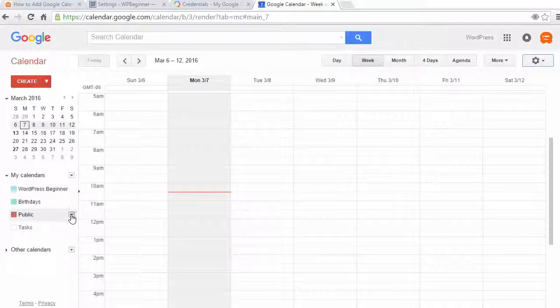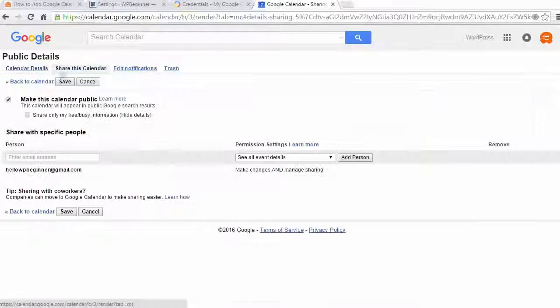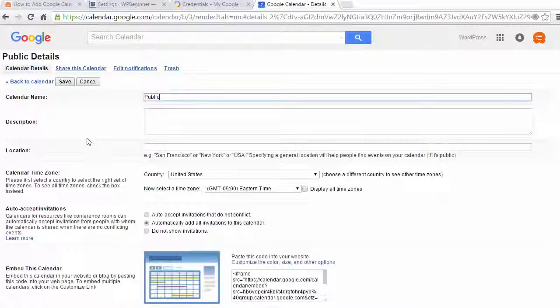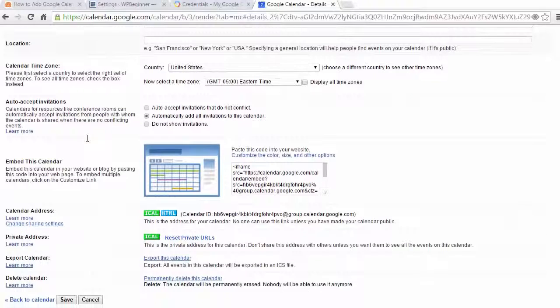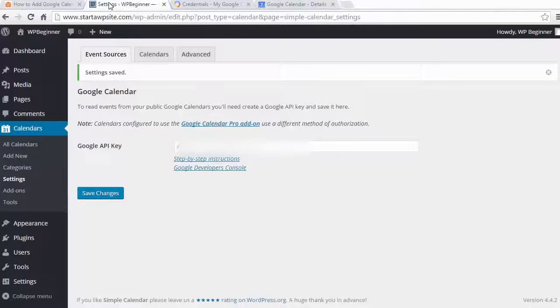All right, now I also need to grab the URL of the calendar. So I'm going to click on the drop down again. And I want to go to Calendar Settings. From there, I need to go to Calendar Details. Scroll all the way down, and we're looking for the calendar address. That's the calendar ID, and I want to grab that. Make sure you get the whole thing. Once we copy that information,